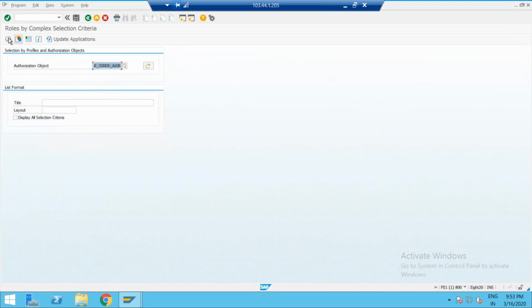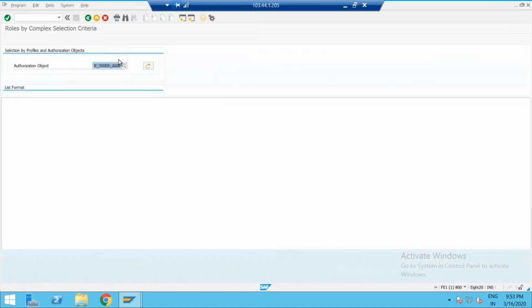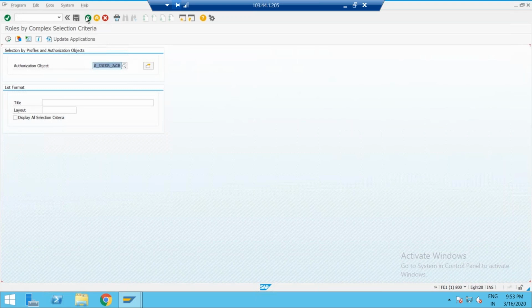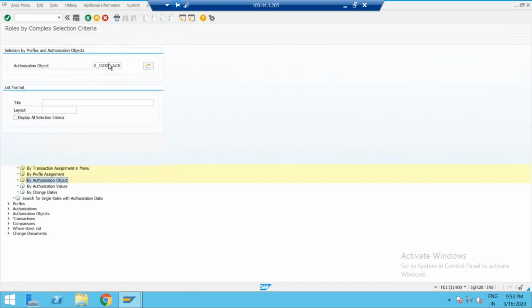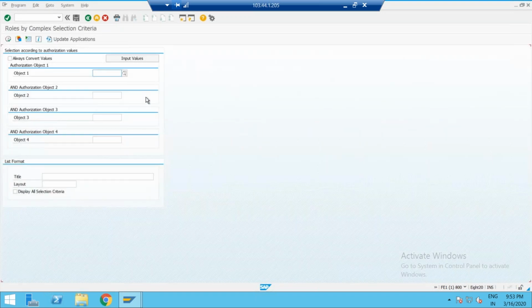Click on execute. We have totally 216. Okay. Go back. By authorization object values.